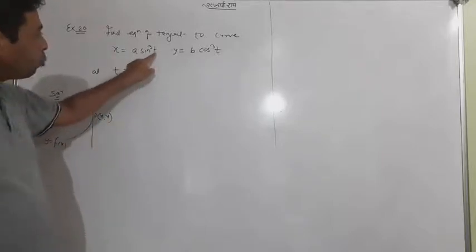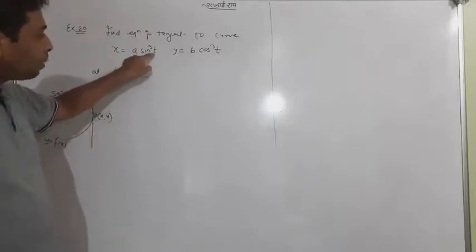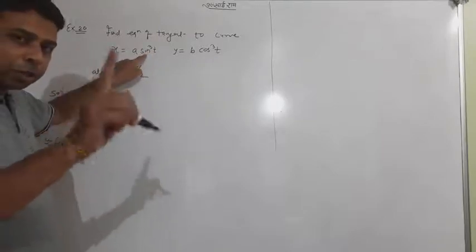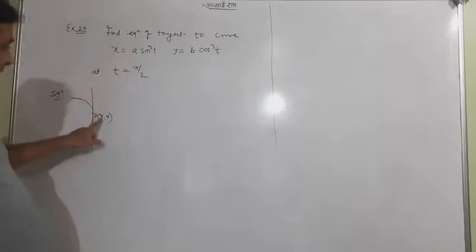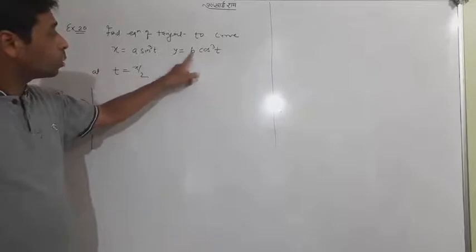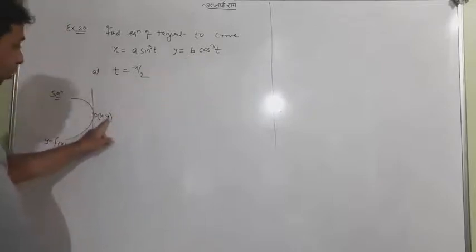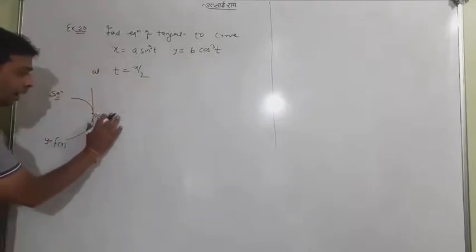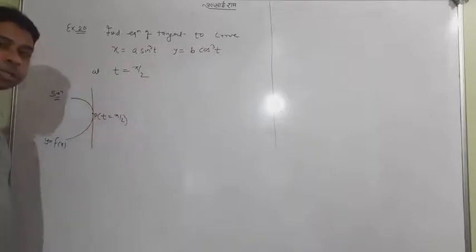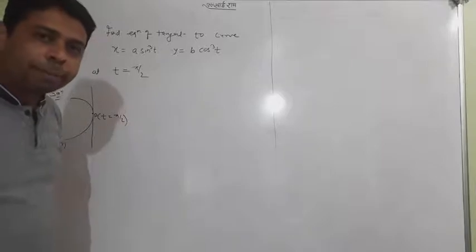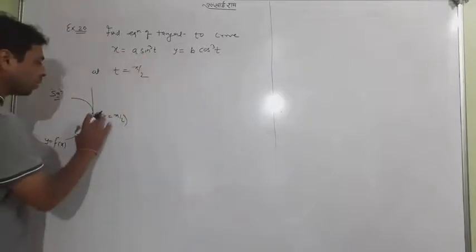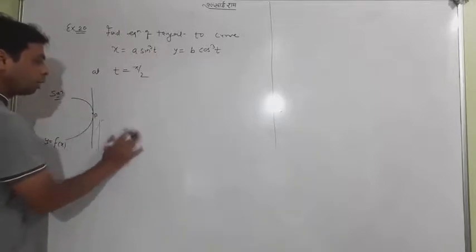When t will be pi by 2, putting it here, x equal to a sin pi by 2 cube, sin pi by 2 meaning 1. So x will be a. And when pi by 2 is put here, cos pi by 2 will be 0. So y will be 0. So instead of giving any point x and y, it is writing t equal to pi by 2. One can understand that t equal to pi by 2 meaning you already have given the point x and point y. Okay, that is a later task. We will complete it afterward. You don't worry about that.